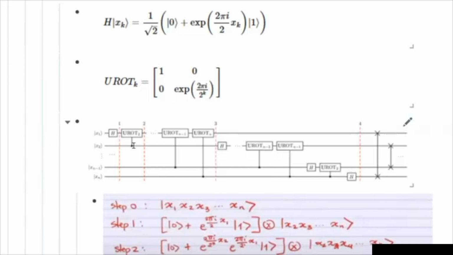So a control rotation means that when the qubit 2, for example, is 0, then this rotation will not be applied. When qubit 2 is 1, then this rotation would be applied. So that's just control. And so the least significant bit qubit always depends on the other, more significant bits. That can be seen when we analyze q2 also. Again, starting with Hadamard gate, here the rotation depends on q3 and so on. It does not depend on q1.